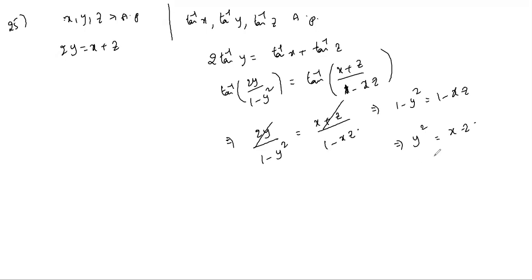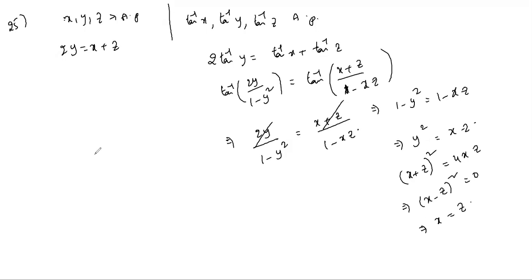If suppose the terms are in AP and GP, directly we know a equals b equals c. Only equal numbers can be both AP and GP; for other values it is not possible. Directly you can say that x equals y equals z. Or you can even solve it: y square equals x plus z whole square by 4, so 4xz. So this is nothing but x minus z whole square equal to 0. So x equals z.